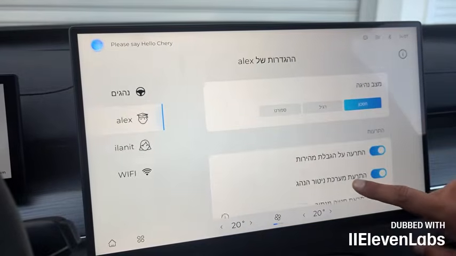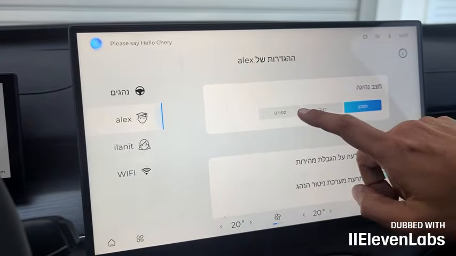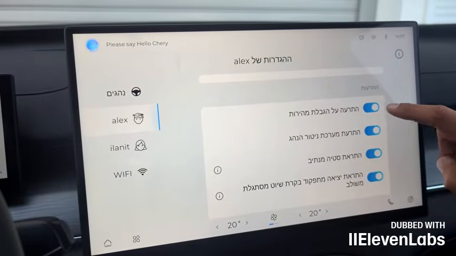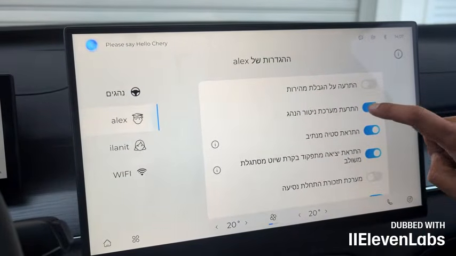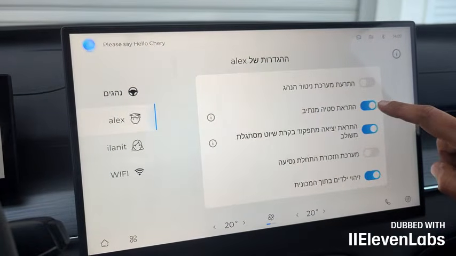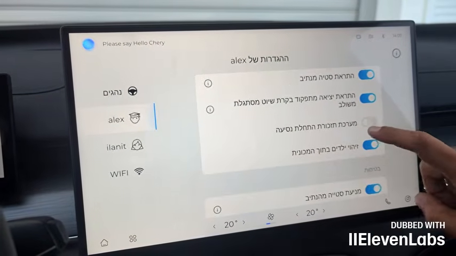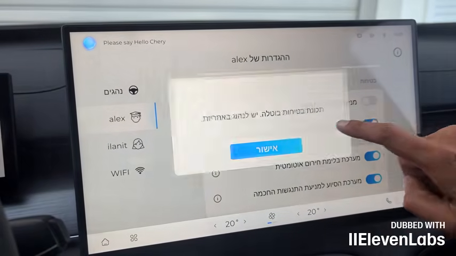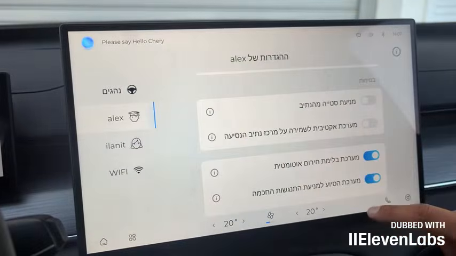Alex here can select all the options he wants specifically for his profile. For example, Alex likes to drive in normal mode. You can disable the speed limit alert, the driver monitoring system alert, and the lane departure warning, though I recommend keeping that one on, but set to vibration. You can disable child detection, the one that beeps. Both of these can definitely be disabled, and it's recommended to do so.